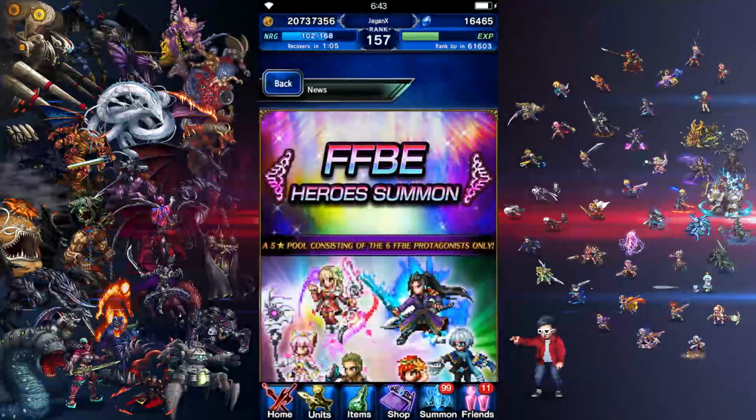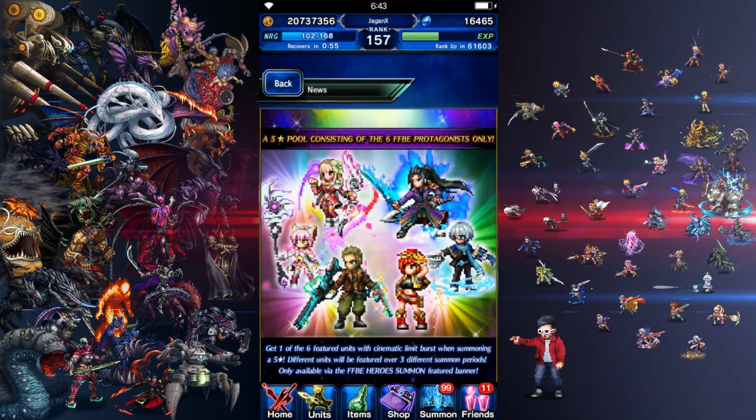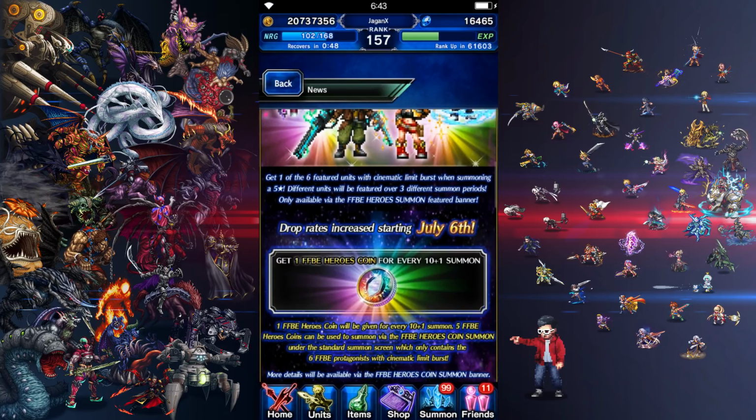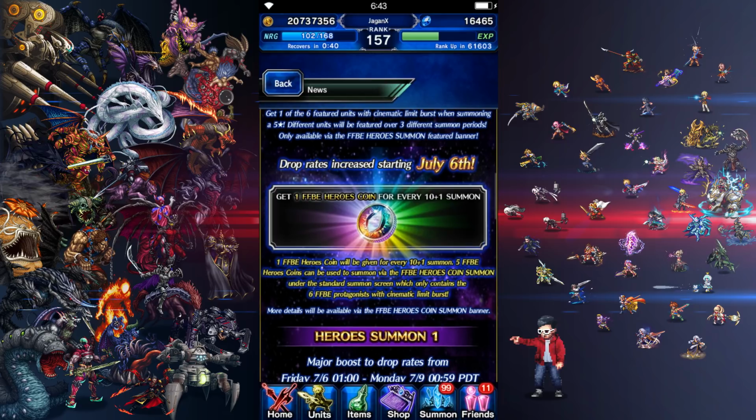Now here's our banner, FFBE Hero Summon. Now this can get really tricky because this discussion crosses through several of these news banners. So one thing is we're gonna get a couple paired banners where our protagonists are the featured rainbows, and you'll see this advertised as you're reading your news that the rate increases for the banner units, but then every single